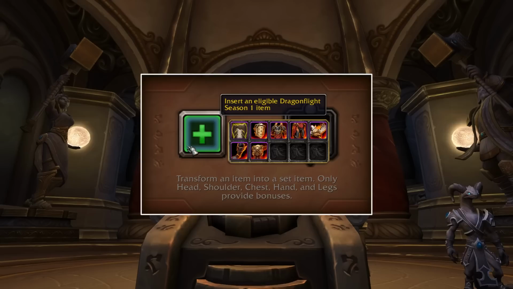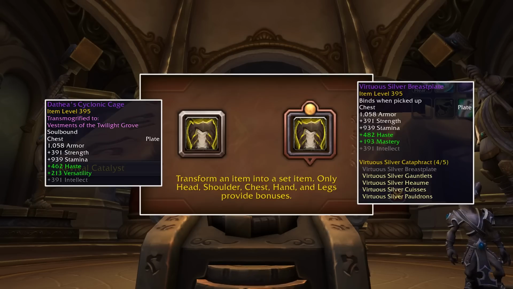The functionality of it is pretty simple. Once you have a charge, open the UI and click the plus here to look at all the gear you have on you that is eligible to be changed. Gear that is put through the Catalyst will retain the following: its item level, tertiary bonuses, enchants, and socketed gems. If the item has upgrade levels, like in Mythic Plus, that stays too, so the gear can continue to be